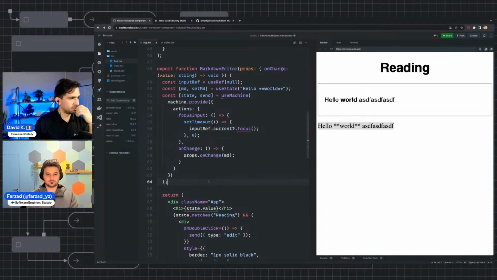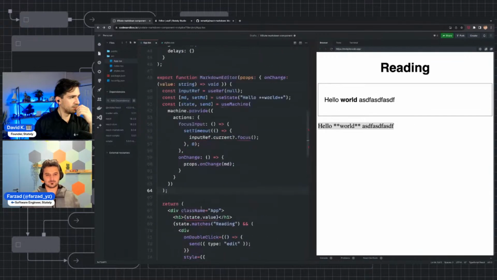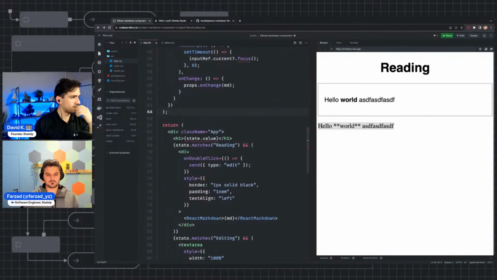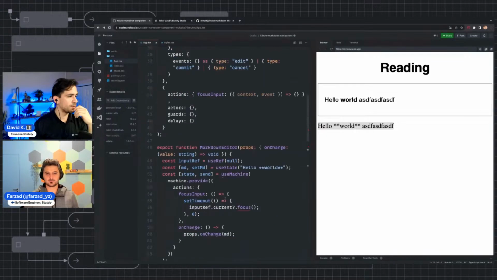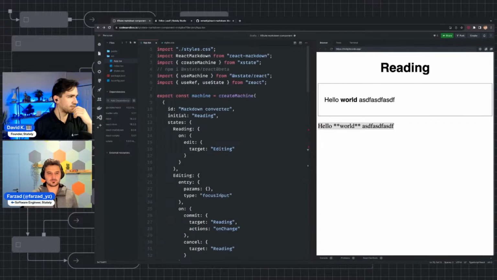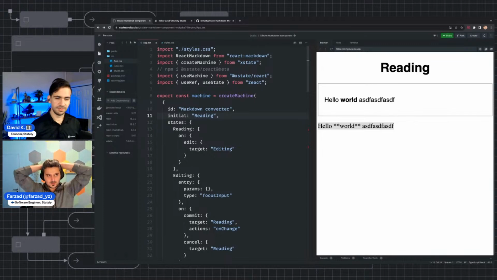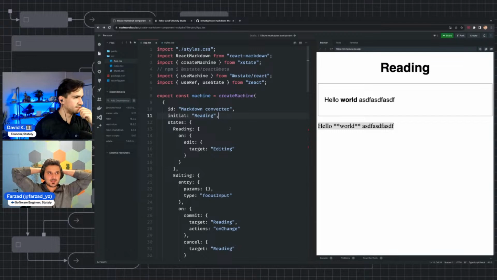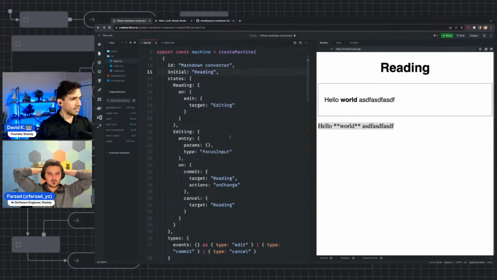So, yeah, let's see. What should we do next? Do we have a way to cancel the changes? I don't think so, but I think that's a good thing for us to do. So what would you do first? Let's talk through how we would have something that's cancelable. So maybe when you change the content of the markdown, if you press escape, you want that to revert it to the last committed value, something like that. Are we talking about the behavior or